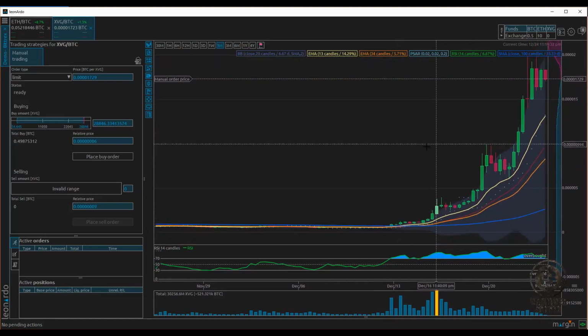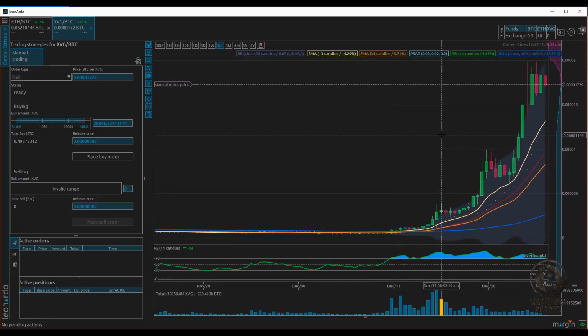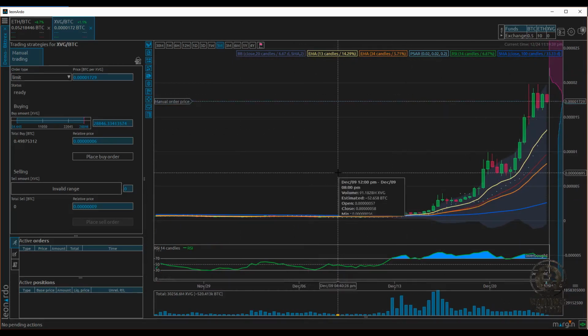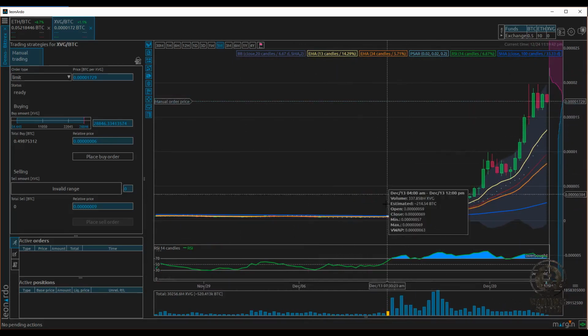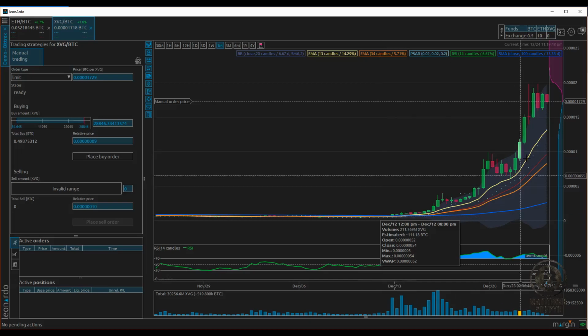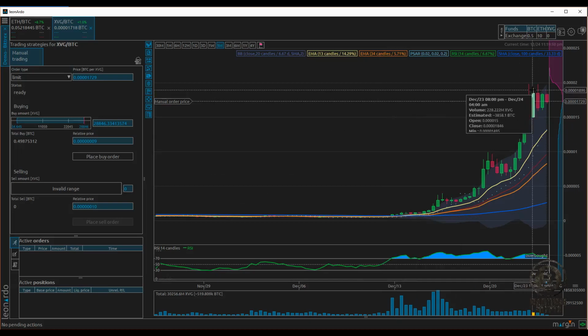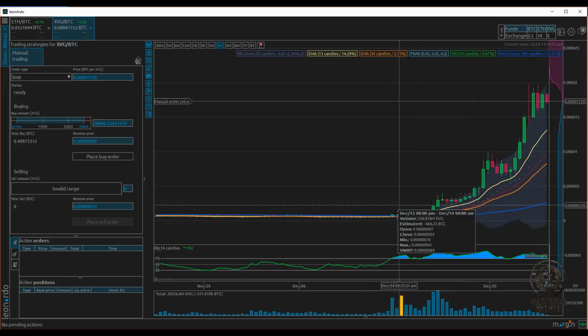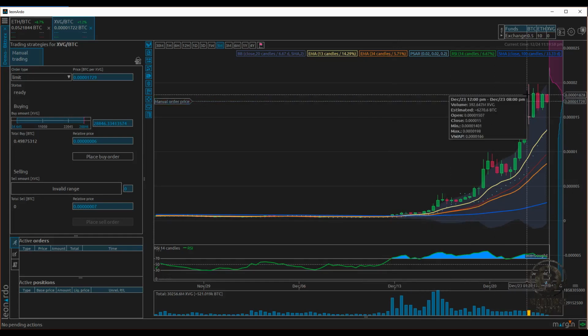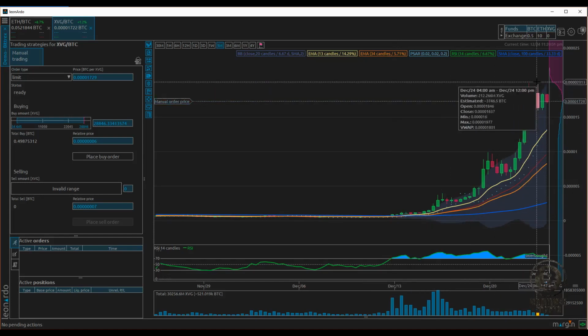Now you're wondering, how much was that? This is another little trick that I like about Leonardo. As you can see, the price was hovering around 63 Satoshis there, and it's currently at 1896. So someone that had bought Verge before December 13 and decided to sell it on the 24th, so today,